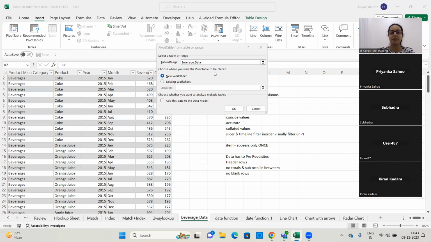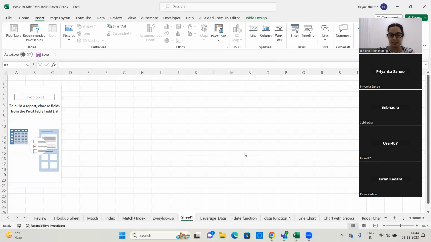Now, select the table or the range. This is the table or the range. Choose where you want the pivot table to be placed. We will say New Worksheet. When I say New Worksheet, that means it will put the pivot table on a new worksheet. That means Sheet 10 or Sheet 15 will be added, which will be a new worksheet on which the pivot table will be placed. So select a table or a range: Beverage Data. Choose where you want the pivot table to be placed: New Worksheet. Click on OK and now you will see,